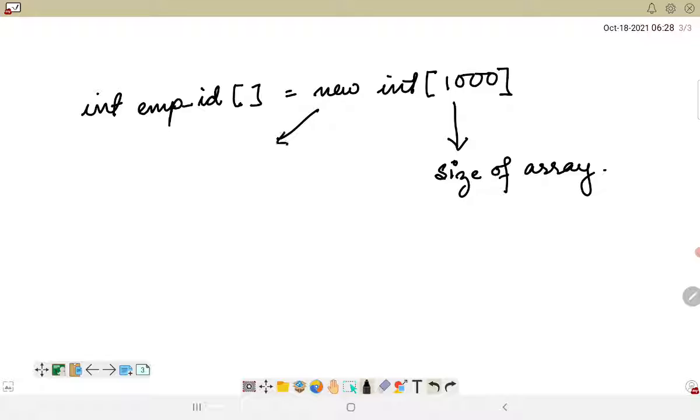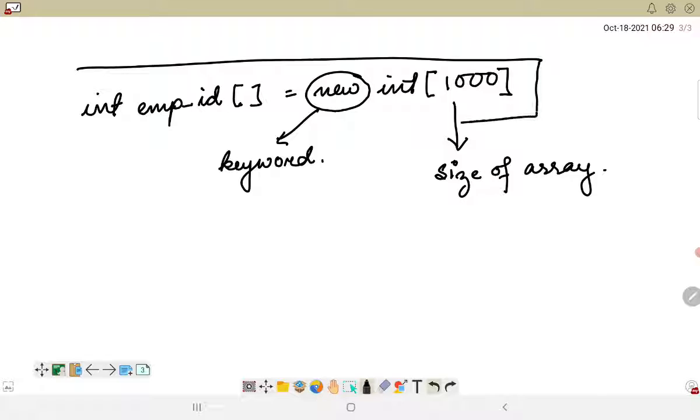New is the keyword which is used to instantiate a new array. We have come across this keyword in our previous sessions also, where we use it to create a new object. So if we are using the new keyword here also, essentially we can consider an array to be an object.